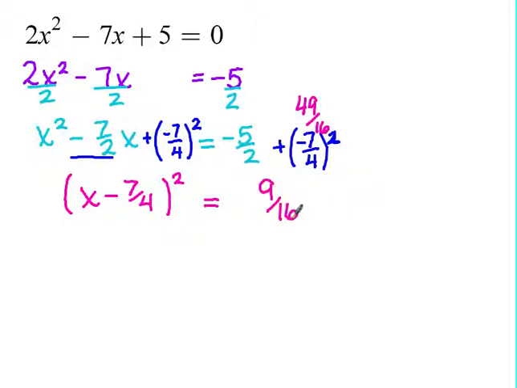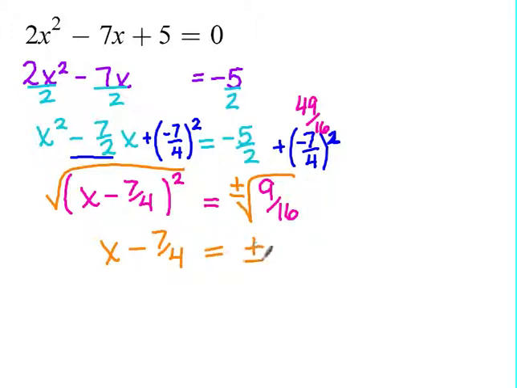So now, how do you solve that? Square root. Important thing is the plus or minus. So on the left you have x minus 7/4. On the right, here's the easy way to do that. Square root of 9 over square root of 16. So the square root of 9 is 3, as you've already said. Square root of 16 is 4. So see, this actually doesn't turn out too bad, because now if I add 7/4 to both sides,